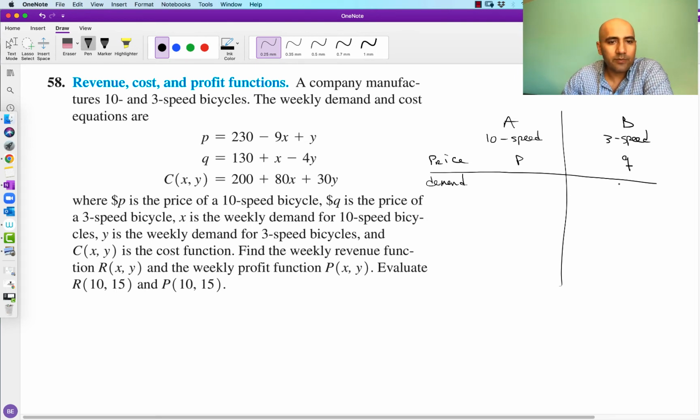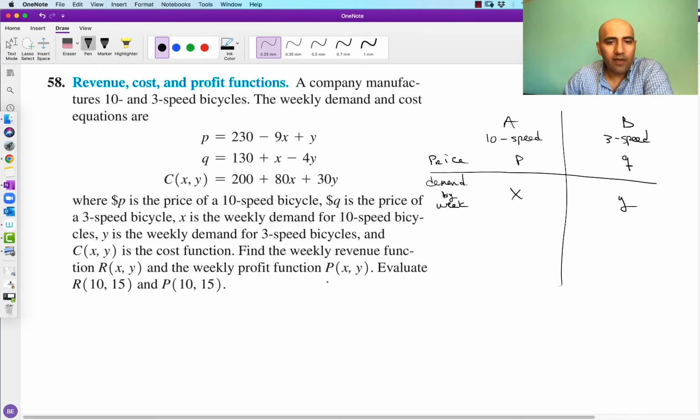X is the weekly demand, demand by week. And so X is the weekly demand for the 10-speeder, and Y is the weekly demand, again, weekly demand,